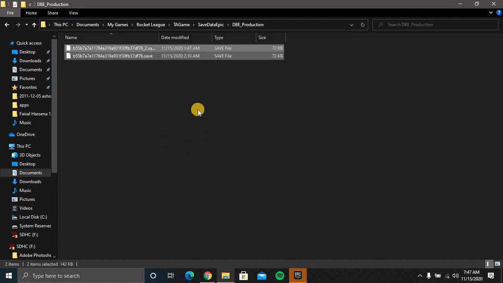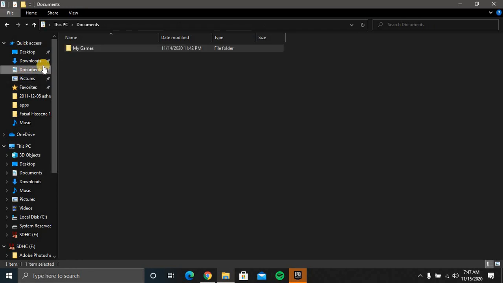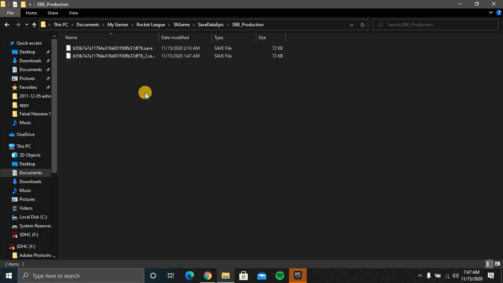Now your problem must be solved. If you opened it first and you couldn't find these save files, just repeat it again. If you didn't have these two files here before, you open Rocket League, then you get your levels back. I mean, after playing the cutscene, you will have these save files. After that, cut it, put it on the desktop, then open Rocket League again, and there will be two save files. Then delete those, then put the old save files here.